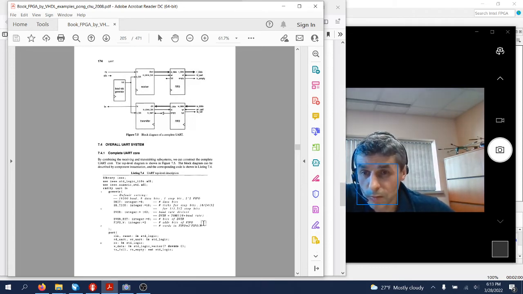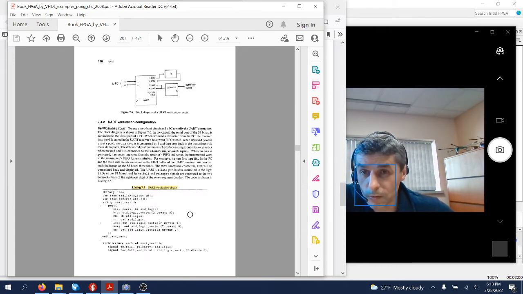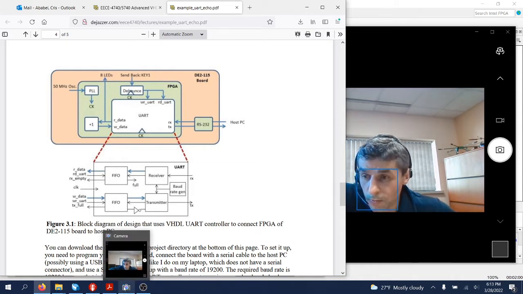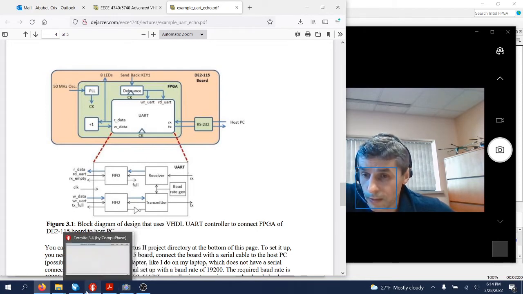So I assume that you have already read the textbook and you know what we are doing here. So that is essentially the general description of what this application does. Now for that we need a UART to USB or USB to UART controller, which I have already hooked up here between the board and